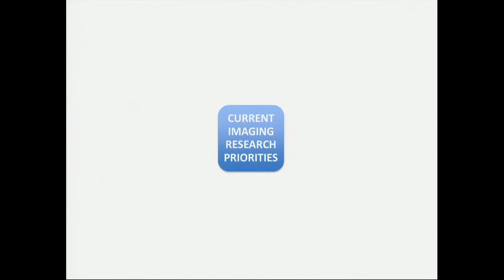So just to kind of review the current research areas and then why I've picked the two that I have to talk about for MR, there's a significant amount of work going into quantitating and functionalizing the image data. So 99% of the image data is interpreted by radiologists. They verbally dictate a report that's qualitative, and there's no quantitative data. So there's a lot of work going into how do we quantify what the radiologist sees in terms of the image characteristics, the tumor size, the textures. These are all very challenging to quantify